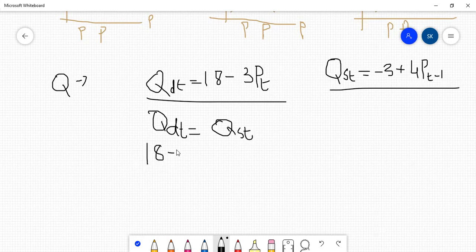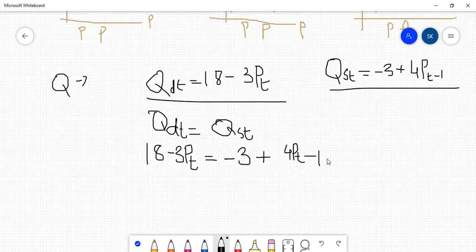That is 18 minus 3pt is equal to minus 3 plus 4pt minus 1. Now, what was our next step? It was to bring the constants on one side and the coefficients on the other side. That way, we will get 18 plus 3 is equal to